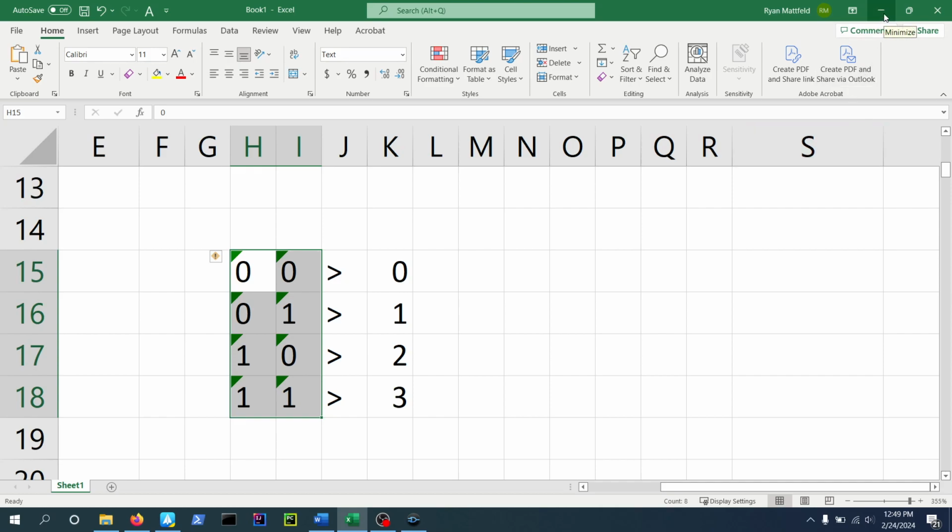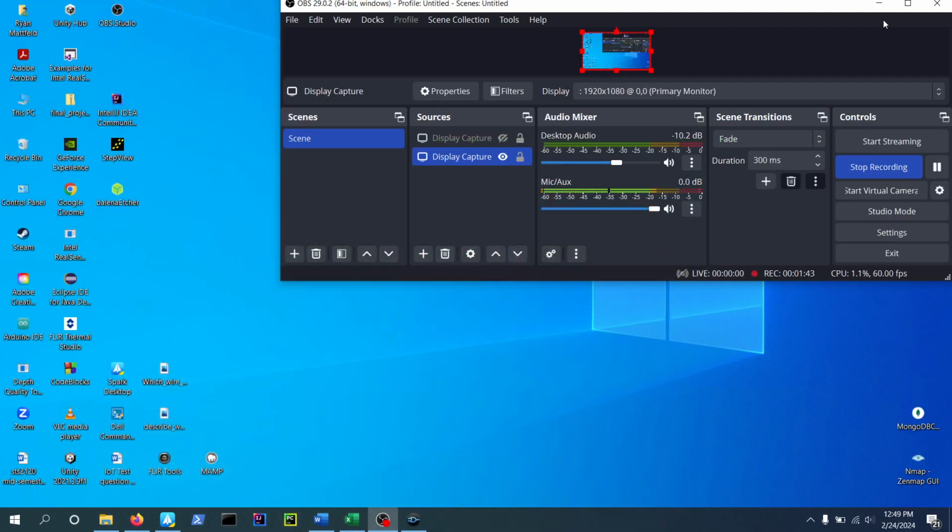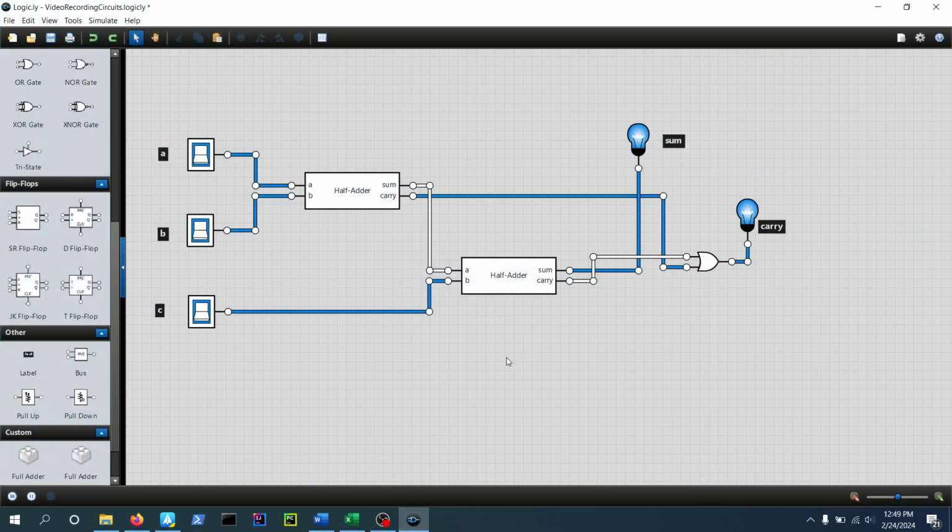If we actually look at what this circuit would do, it turns out it's fairly simple. We just want inputs 0, 0 to give an output of 0, and 0, 1 to be 1, and 1, 0 to be 2, and 1, 1 to be 3. So if we pop over here,